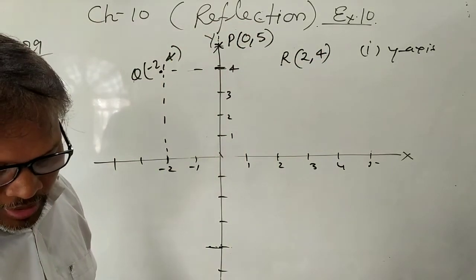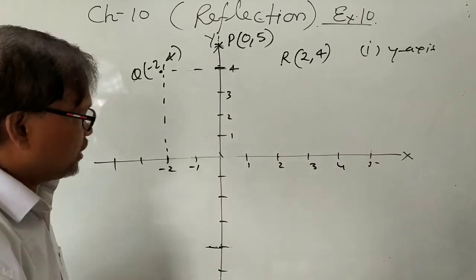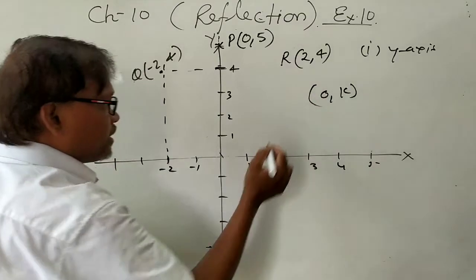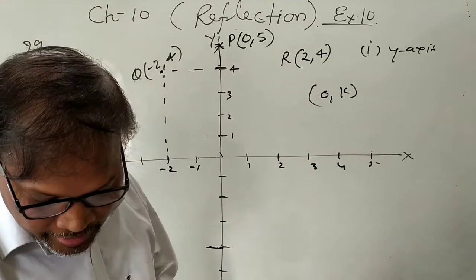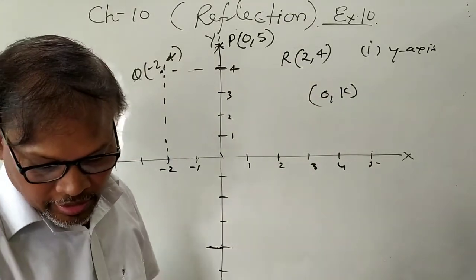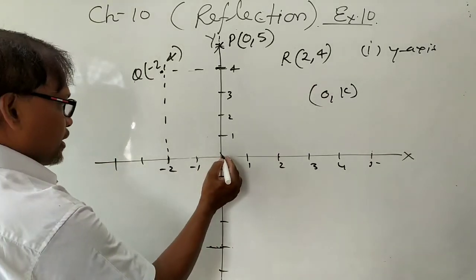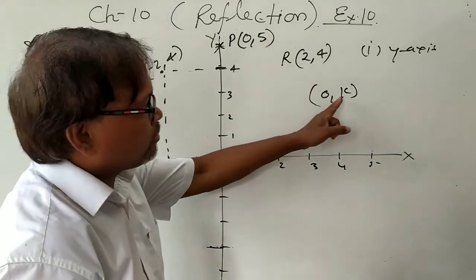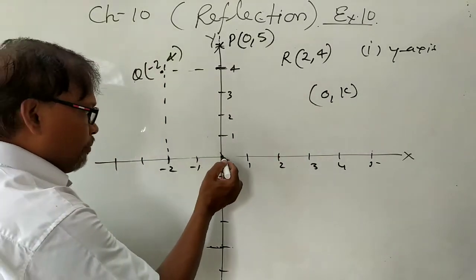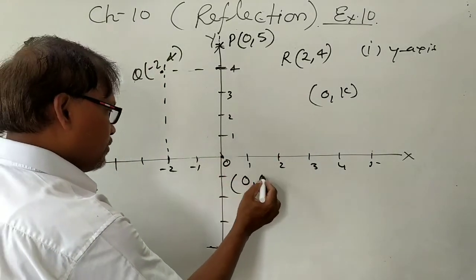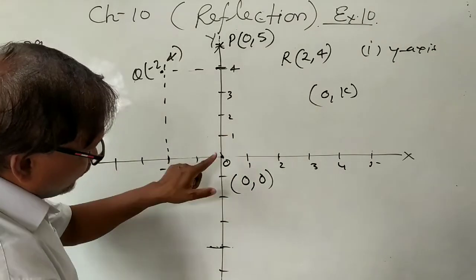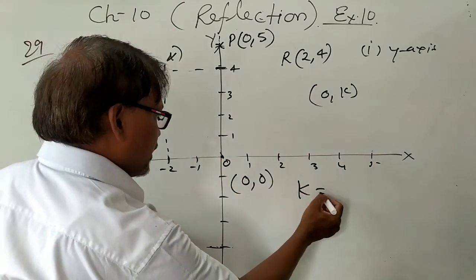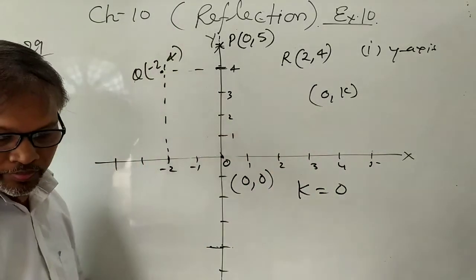Then 0, k on reflection in the origin. One more point, 0, k. And this is reflection in the origin and gets invariant. ये invariant है, origin पे reflect करता है. अगर origin पे reflect करता है invariant है, what is the value of k? तो इसका मतलब कि same coordinate और origin का coordinate क्या होता है? 0, 0. It is invariant through the origin. मतलब इसी पे होगा. It means the value of k is equal to 0.